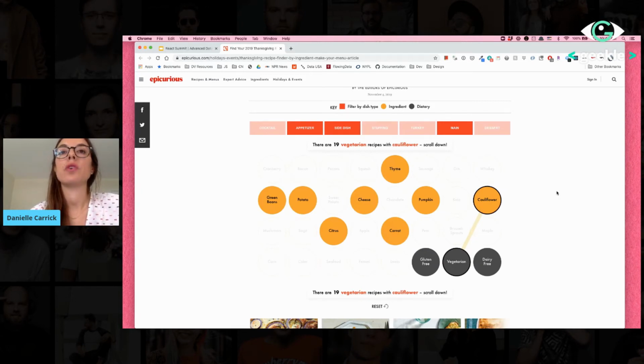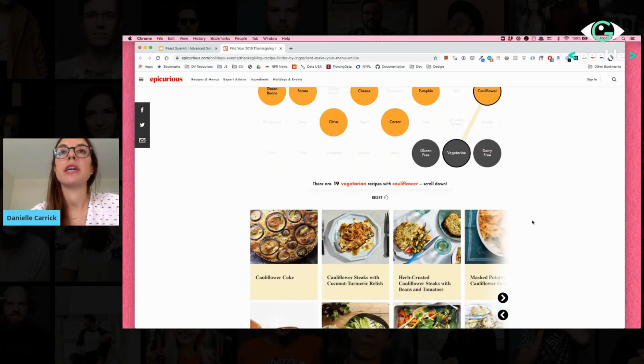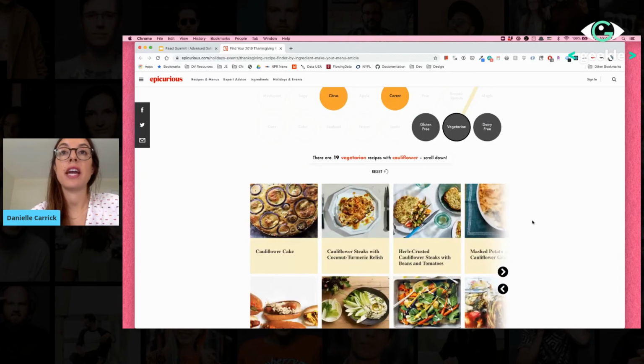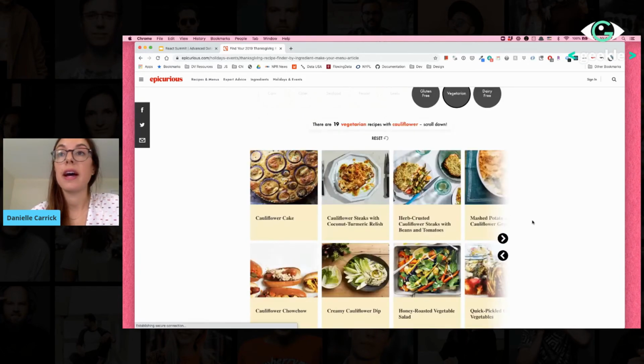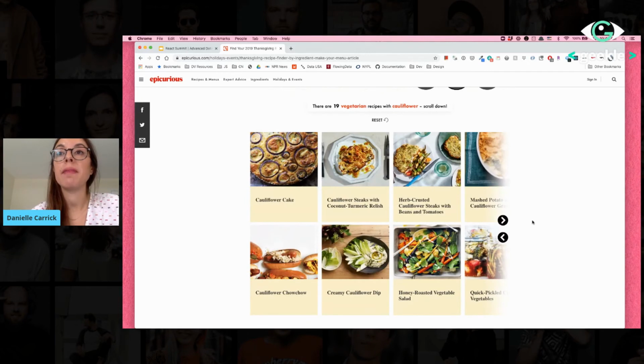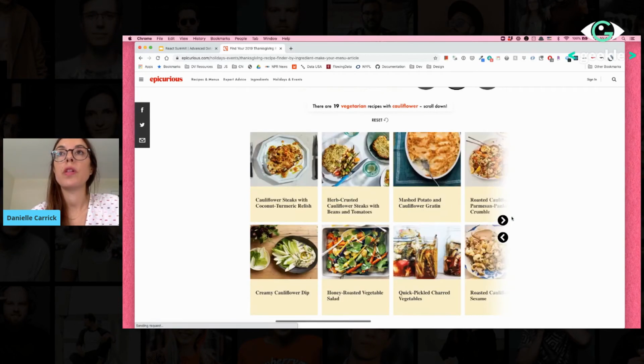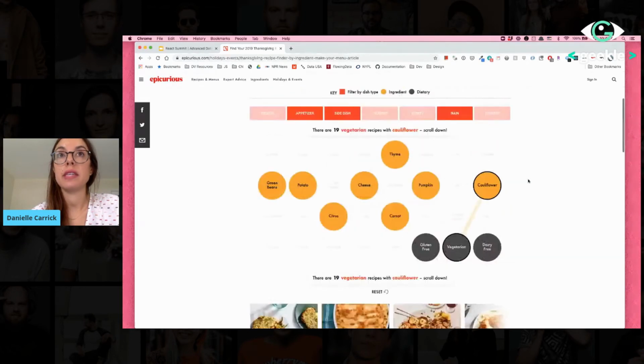Then I can scroll down and see a bunch of vegetarian recipes that include cauliflower that I can go check out and maybe decide to make. There's a lot going on behind the scenes here. We obviously have the nodes and also these links that connect the nodes. So where we use D3 for these is,